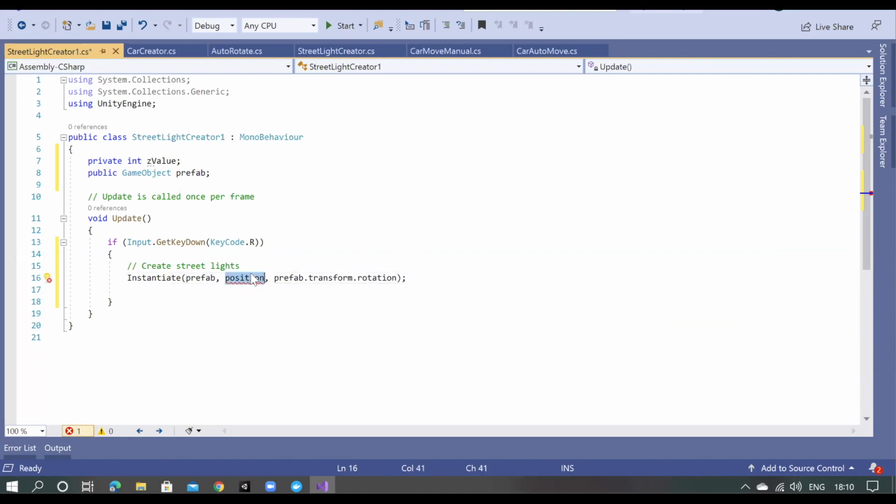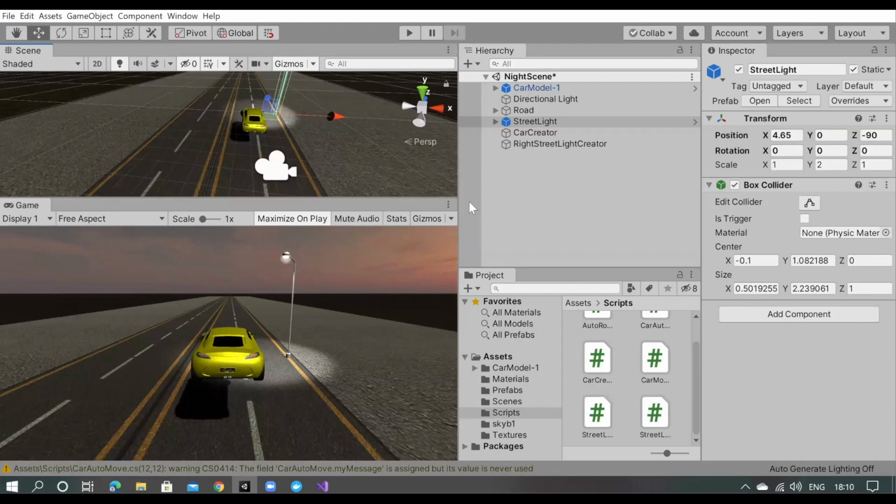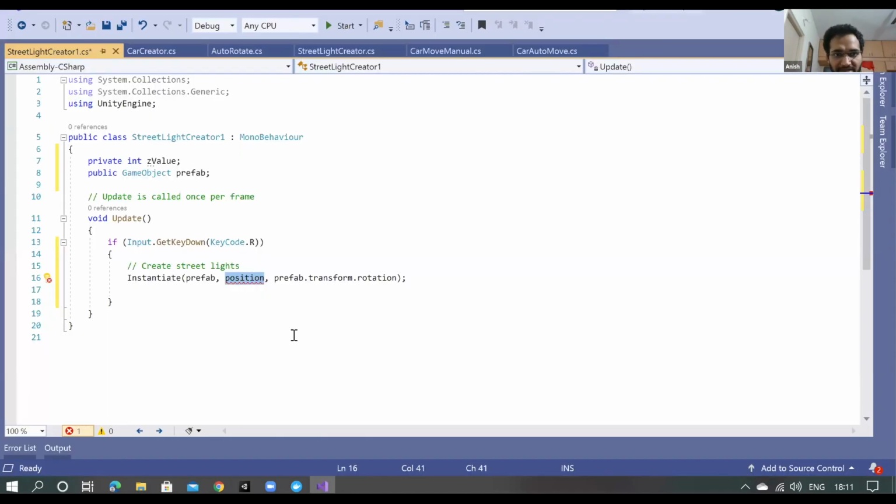Now, where should I position it? When we press the R button, the first time it is going to create a street light at this position. When I press the button again, it should create another one somewhere far away from here. So one by one it will keep creating when I press the button.